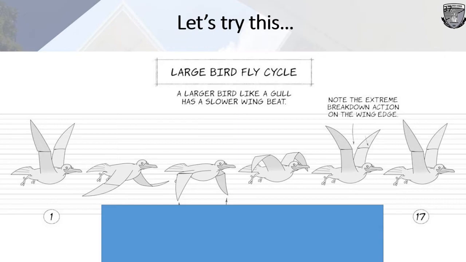Okay, so let's try this for us to better understand how in-betweens, keys, and breakdown are being placed on a cartoon pose or character pose. So as you can see here, we have your extreme key pose here, and this one is also your extreme. We have number 1 and 17. So let's see where will be the in-between and the breakdown. Okay, just guess. Okay, so the answer should be like this.